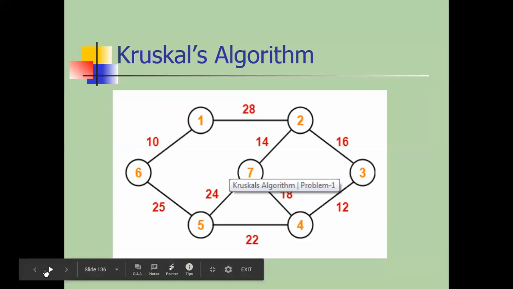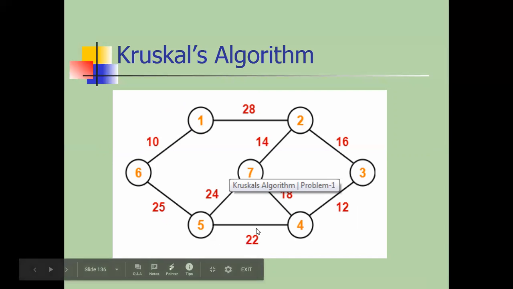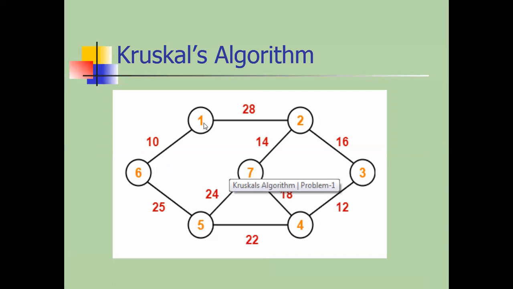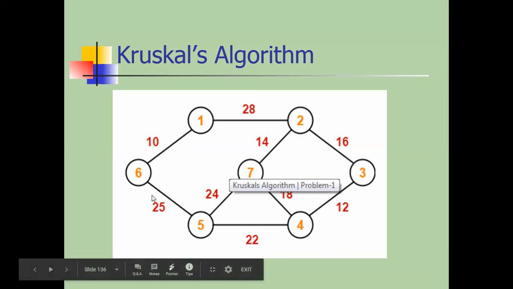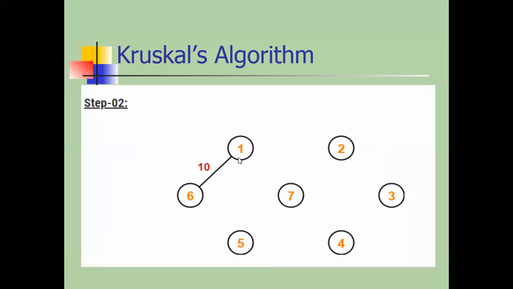Okay, in that, हमें क्या करना है? In Kruskal algorithm we are not selecting a particular vertex here, we are selecting the edge between these two vertices. सबसे minimum जो edge रहेगी उसको पहले select करना है. So 6 and 1 is the minimum edge compared to all other edges present in the graph. Okay, so सबसे minimum है, that's why we are selecting the minimum edge. Okay, so likewise we are selecting this. Why are we selecting the 6 and 1 edge?